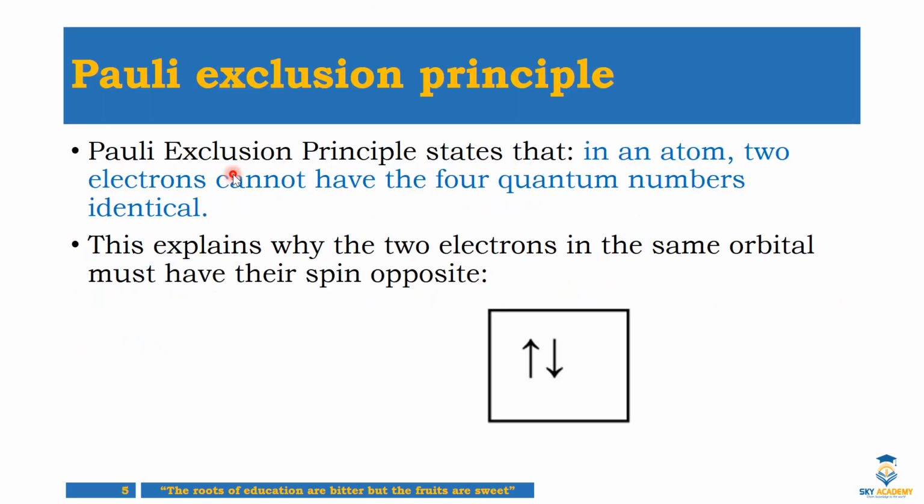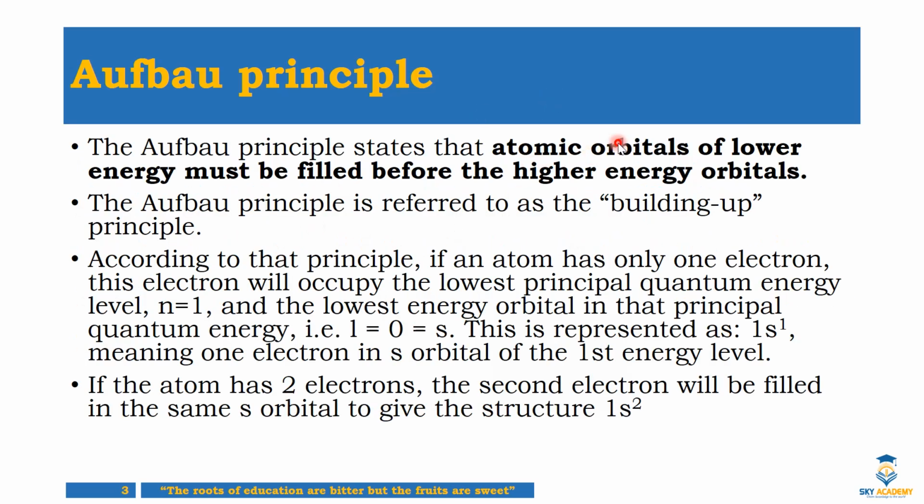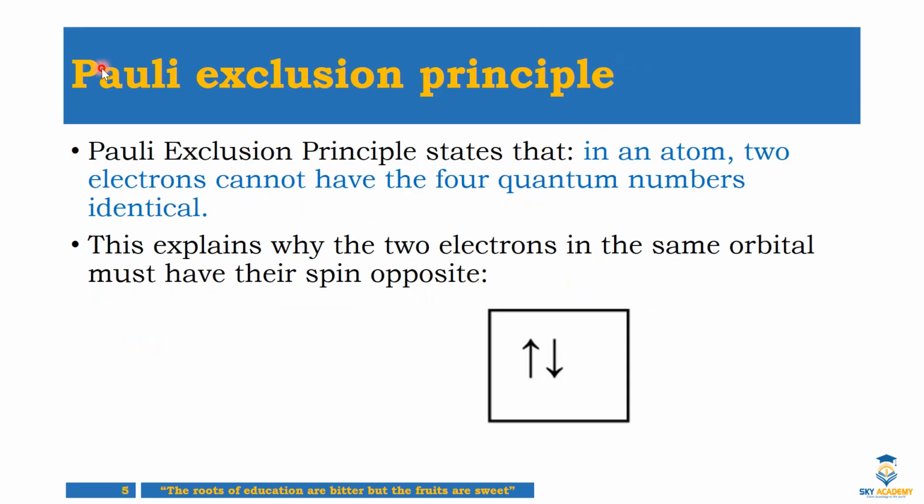Then we can jump to the Pauli exclusion principle. The first one, we said that atomic orbitals of low energy must be filled before the higher energy orbitals. It is as simple as that. Atomic orbitals of low energy must be filled before the higher energy orbitals. Only that. And then the second law, the Pauli exclusion principle, states that in an atom,